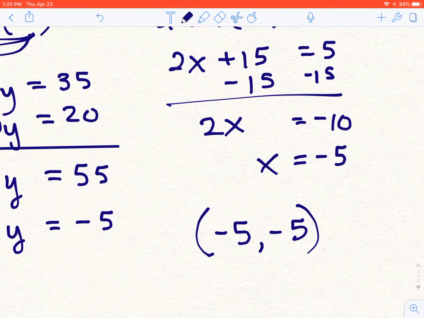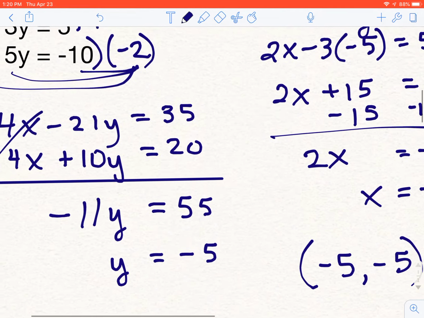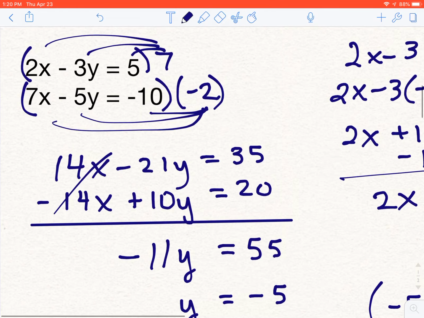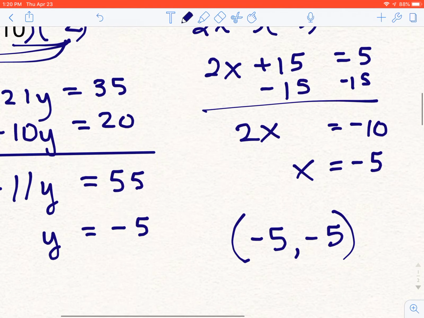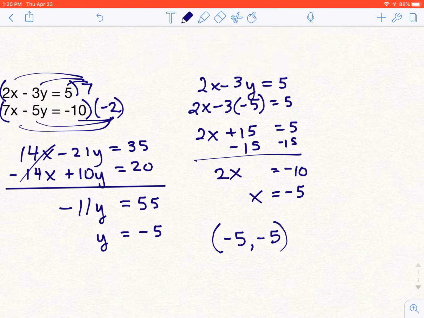And then you can check this with your calculator if you solve for y. Be careful, because neither of these equations are very nice when you solve for y. So good luck. Have fun. The next one